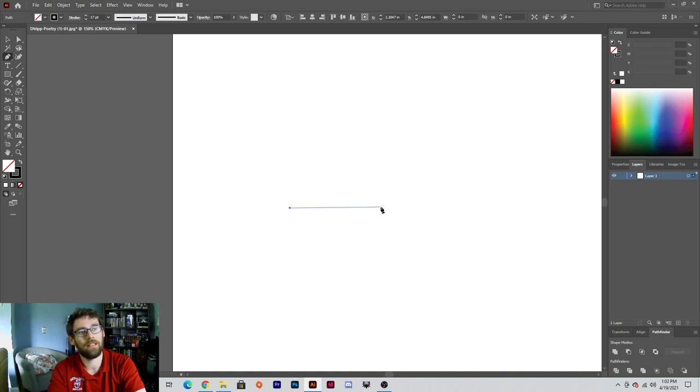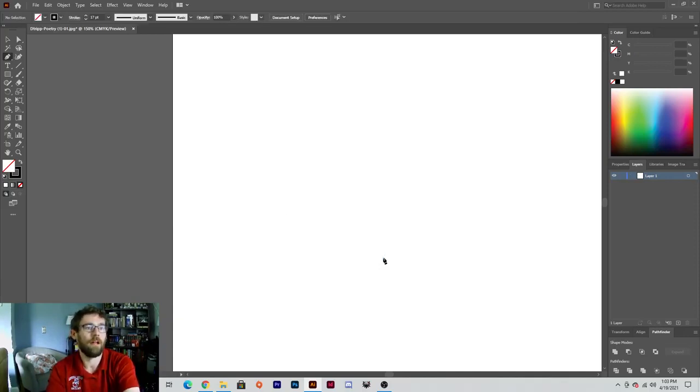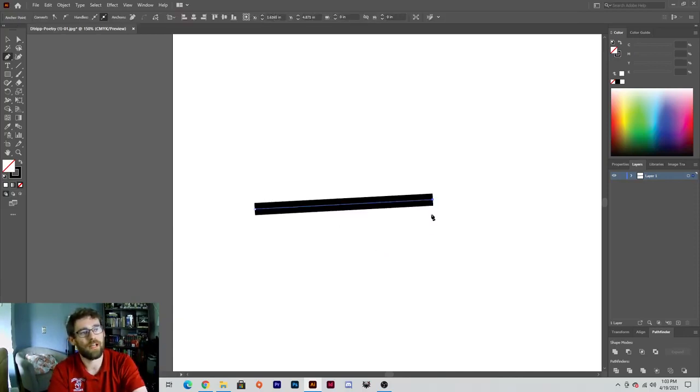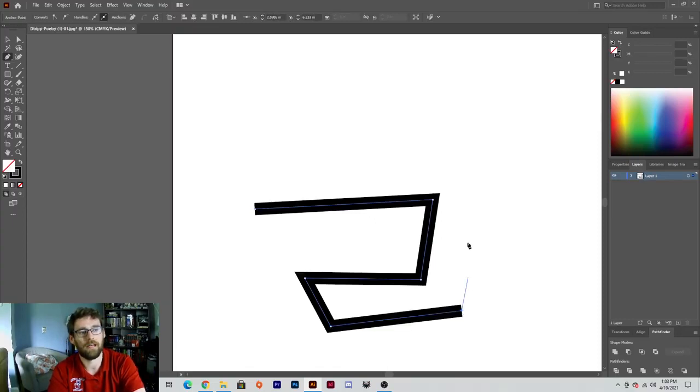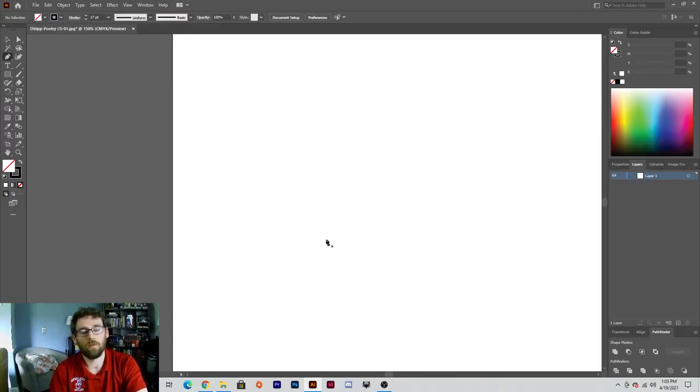When I click again, I create a path. So the line between two anchor points is your path. Now, these anchor points are designed to create straight lines if left alone. Okay? If we don't leave them alone, let's say I click on one to make my first anchor point and